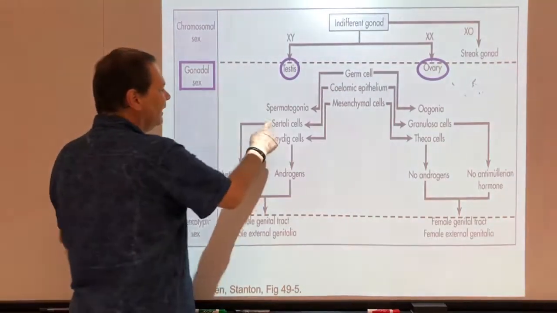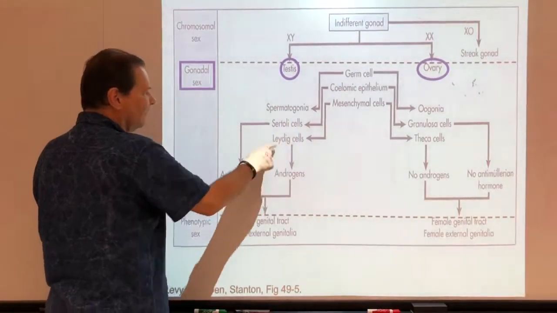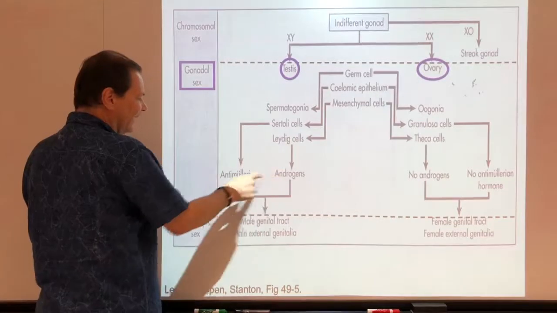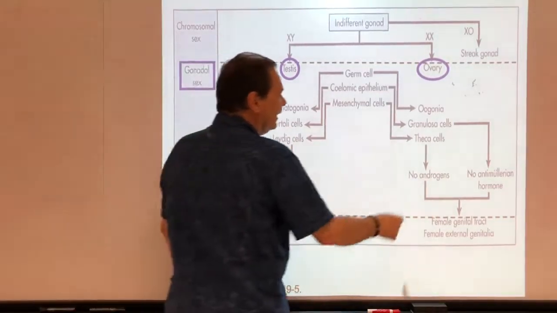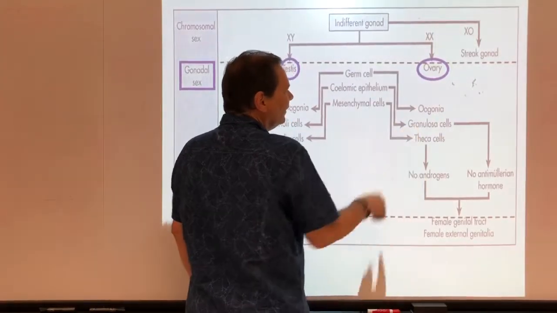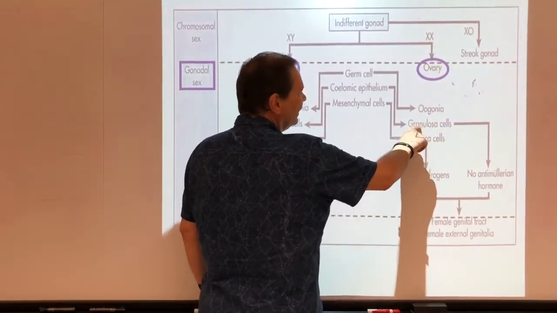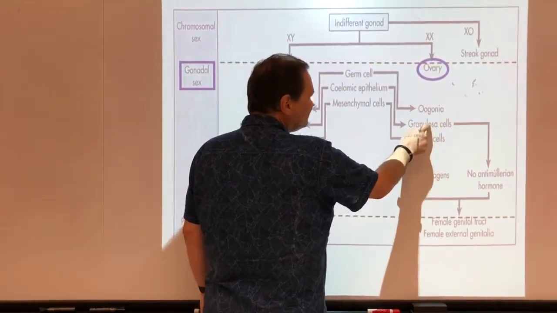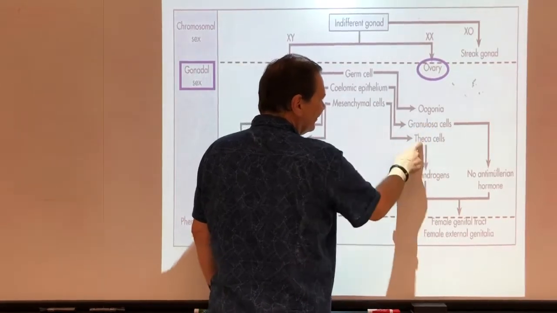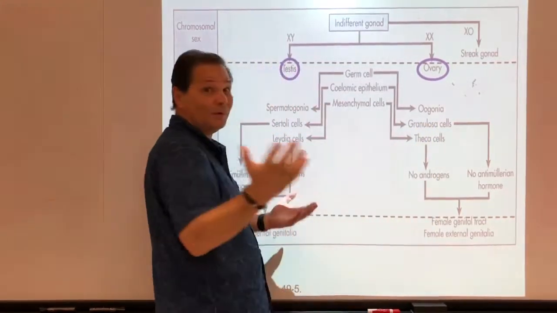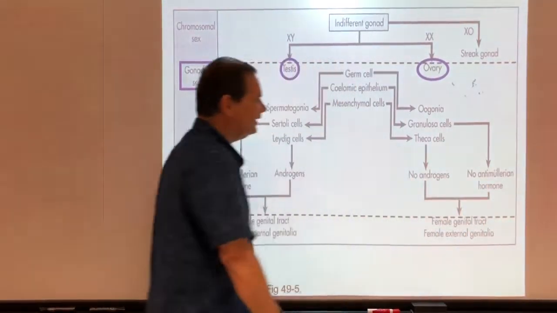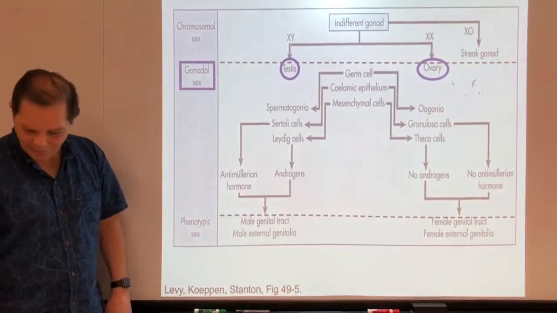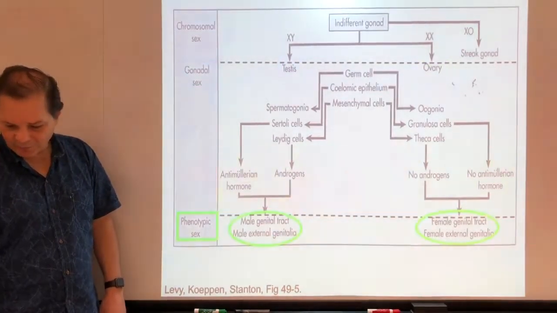You have Sertoli cells if you're a male, and Leydig cells, and these produce androgens and anti-Müllerian hormone, okay? And in the case of the female, your endocrine cells associated with the ovary, the granulosa cells and the theca cells, these are important, obviously, but they do not produce androgens, they do not produce anti-Müllerian hormone, and as a result of that,